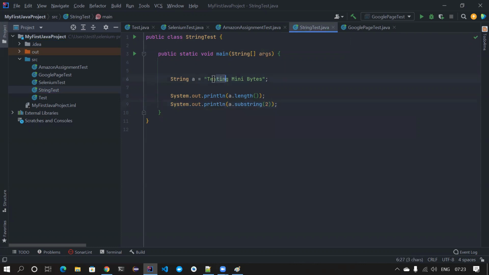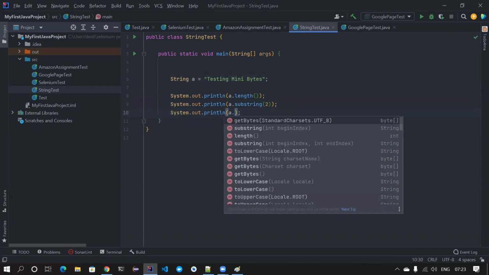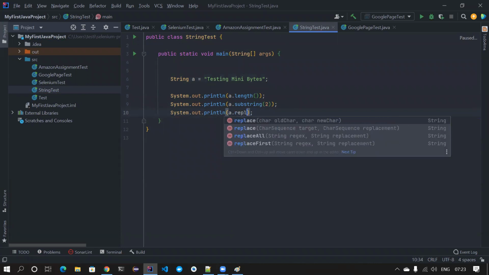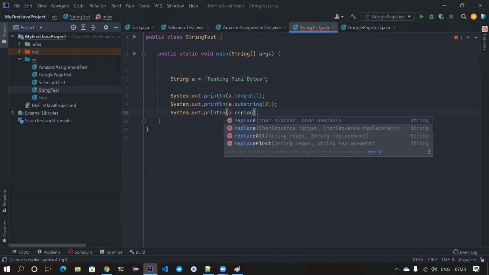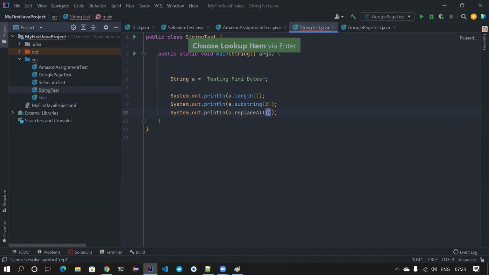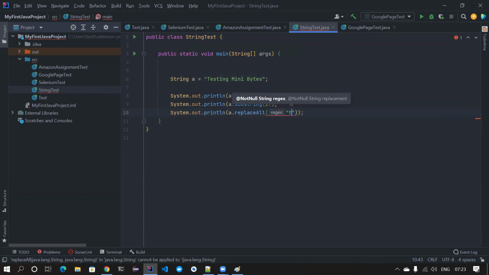So it will start from here and then it will end. So yeah, we'll see what it is. Again, what else we have? We have a lot of operations we can do. But what I want to do is replace something. I want to replace all the t's here with a, all the small t's with a. Okay,